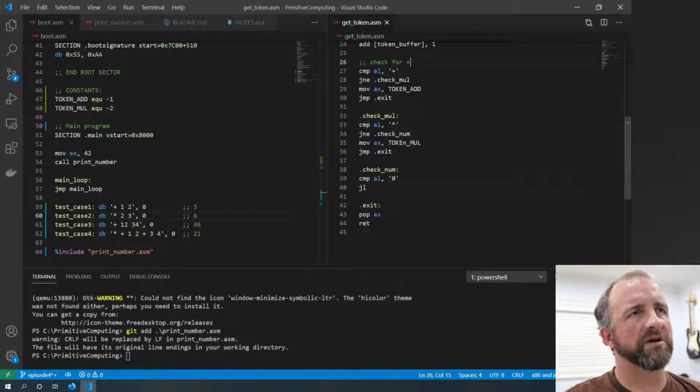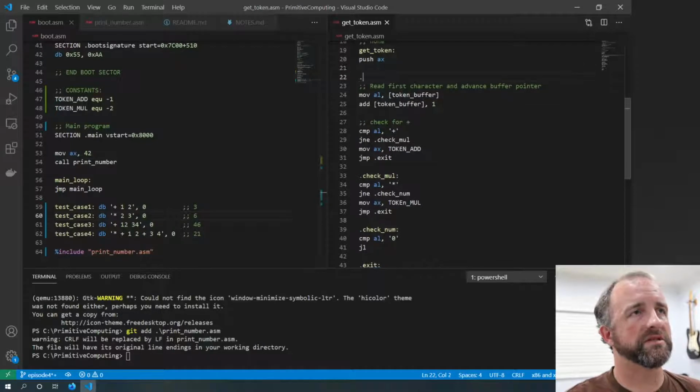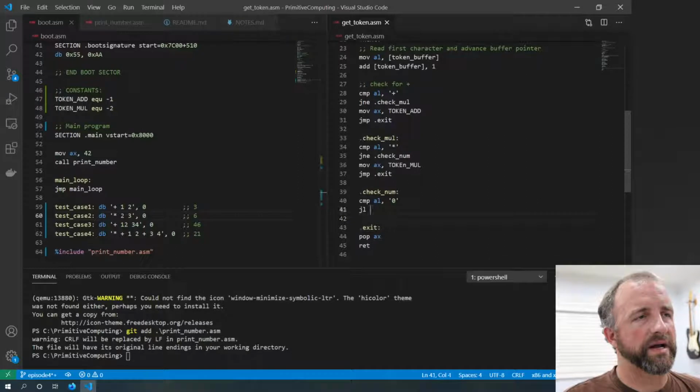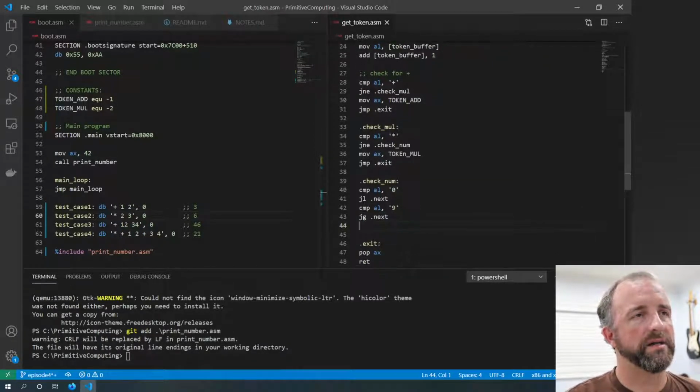So if it's less than, we're actually going to go back up to the top. So this is going to be next. We're going to jump back up to next down here. And then we will compare again AL, this time with 9. And then if it's greater than, we also want to go up to next. And then if we have a number, then what we want to do is say, let's say,